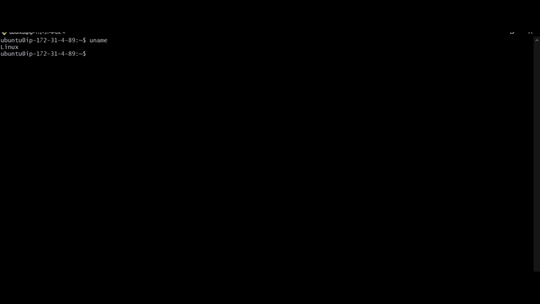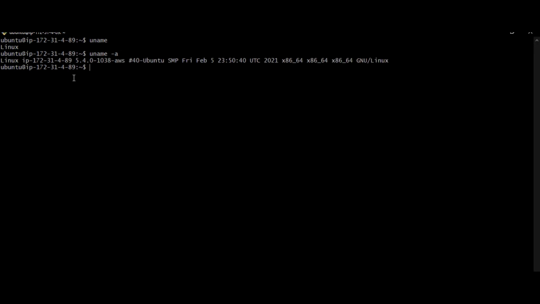And we have some flags for this uname. One is uname -a. If you execute this command, you can see everything, like the IP address, when it was created, which bit it is, whether it is Linux or Windows. This kind of information we can see by using -a. And the next flag is uname -s. With this option, the user can view the kernel information of this server. So the kernel is the Linux kernel, and it shows the output as Linux.